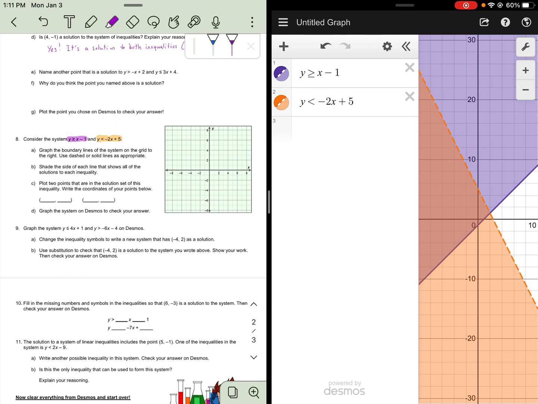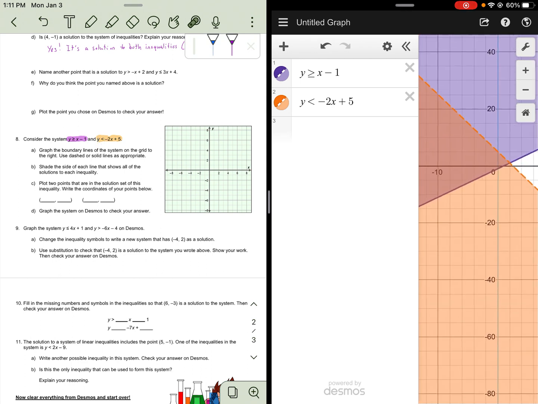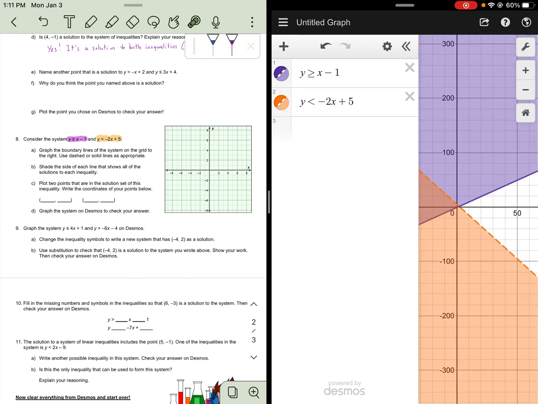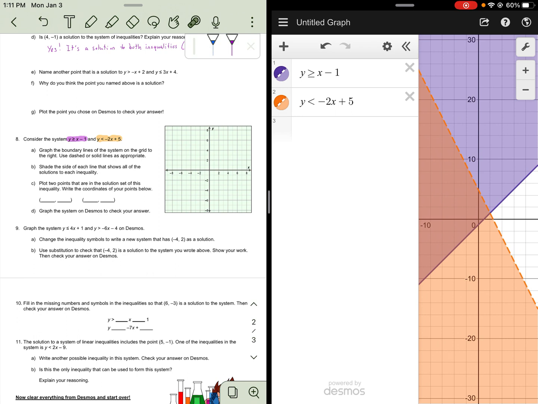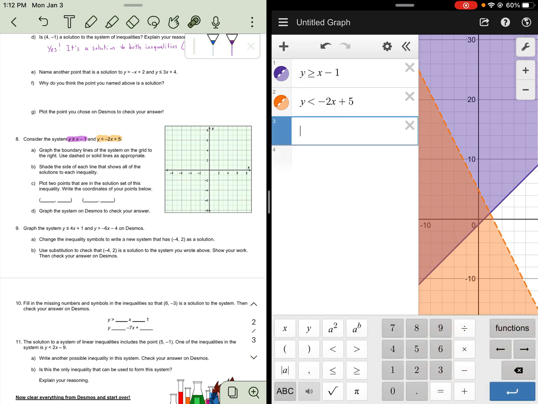Shade the side of each line that shows all of the solutions to each inequality. Since this is greater than, the purple area is shaded above the purple line. Since this one's less than, we've shaded below the orange line over here. So you can see where the orange shading is below the line and the purple shading is above the purple line. Plot 2 points that are in the solution set of this inequality. Write the coordinates of your points below. So pick anything that's in the darker orange area, which is where the orange and purple are both happening